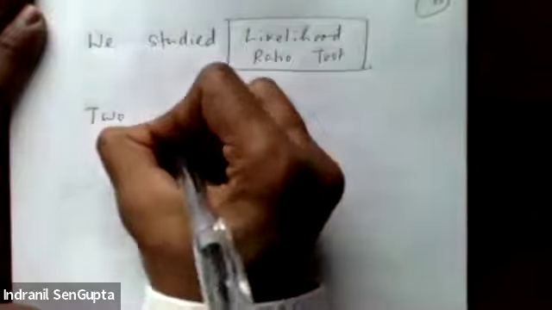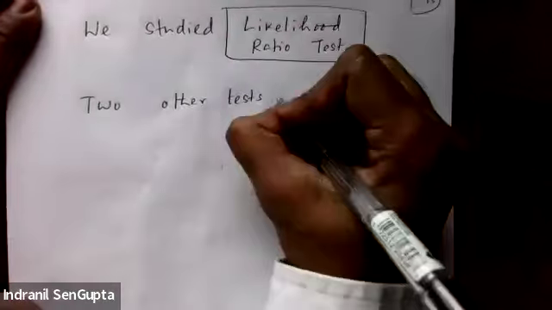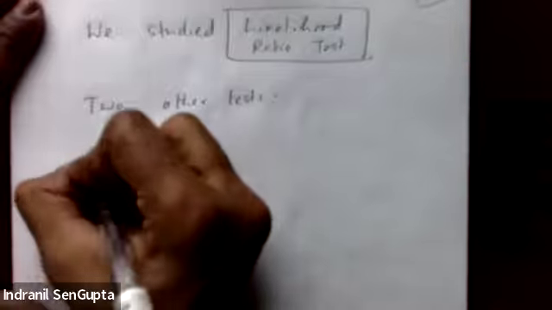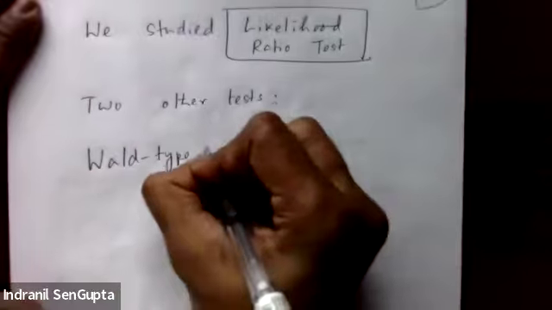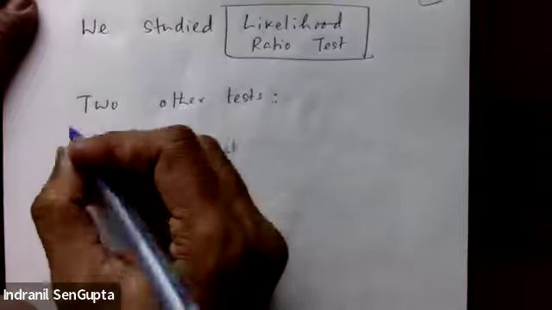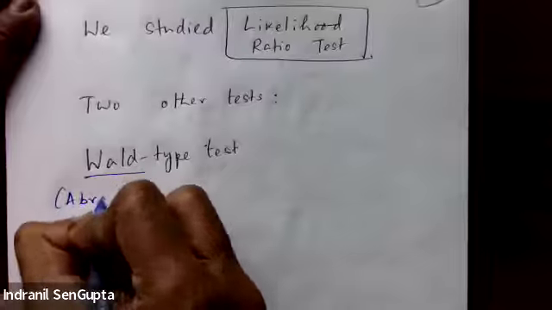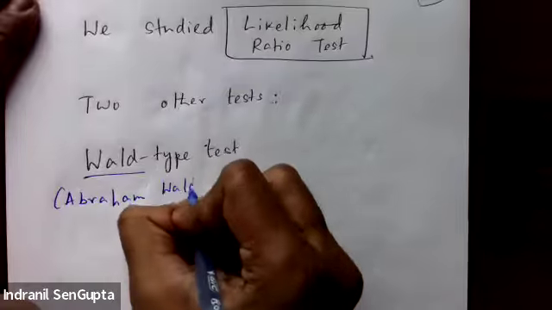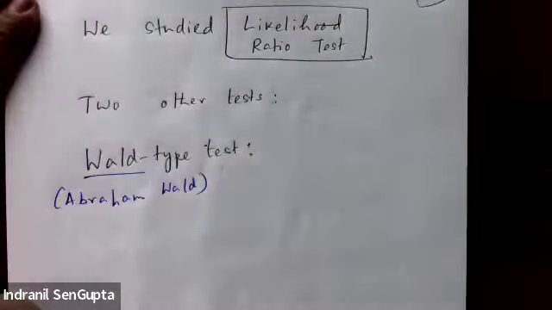Two other tests. I'll just mention it. The first one is called the Wald type test, named after Abraham Wald, which goes like this. So what we do is,